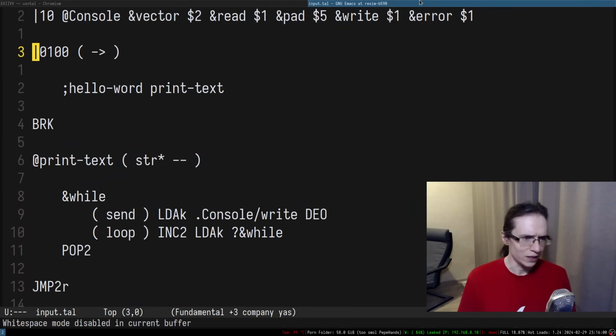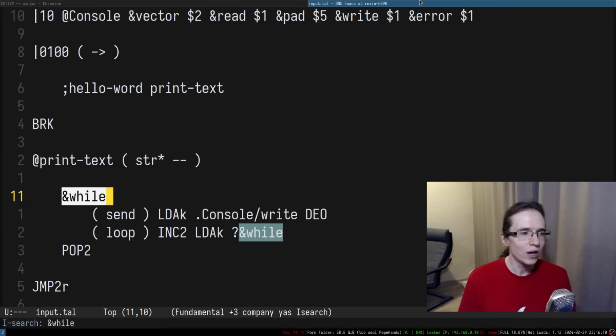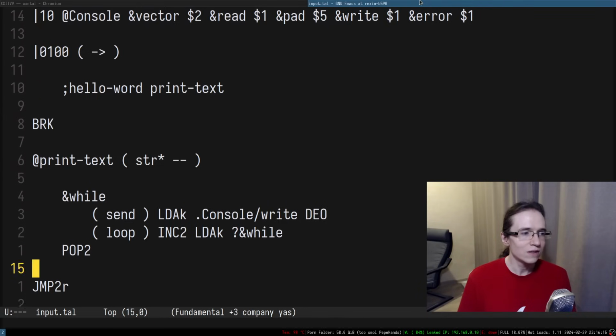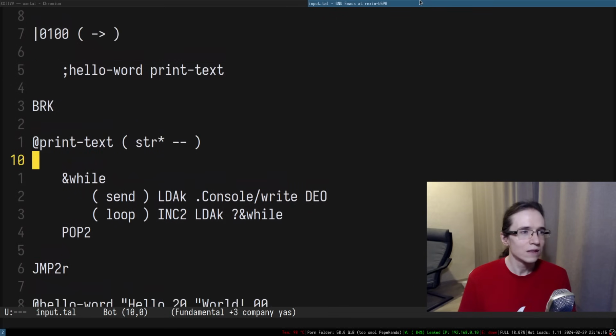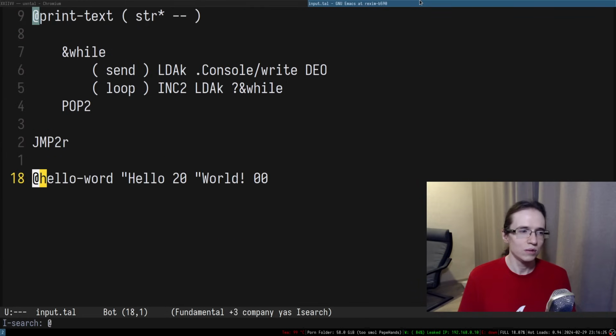Right, so I didn't really like this thing. Does it have while? Right, while is only defined in here. So there is 6, 7, 8. So what counts as the label, actually? So 1, 2, 3.